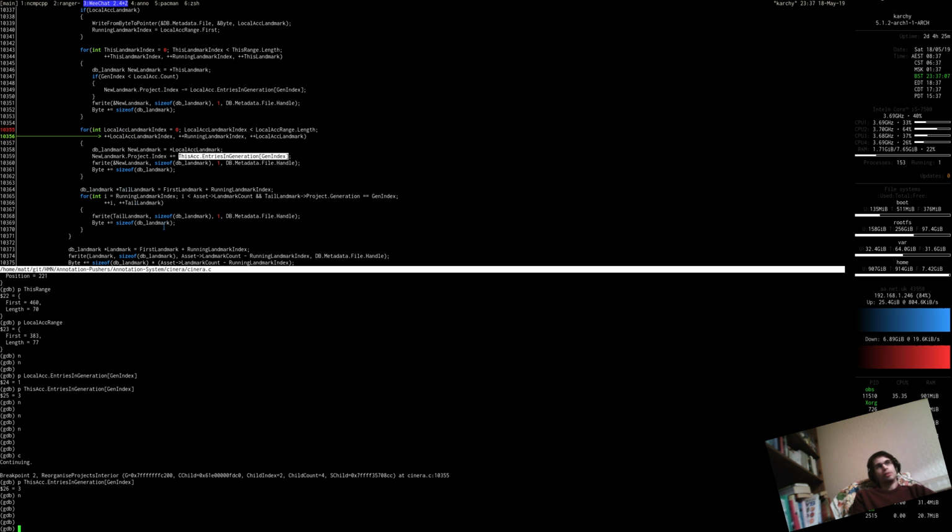And the only reason we actually loop here is to make sure that we're only outputting the landmarks of the current generation. That's the only reason we're looping. If we had the full generation range, then we needn't loop. We could just say, write out from the running landmark index